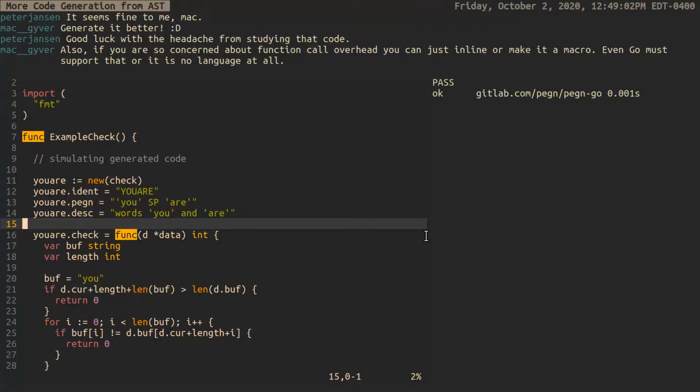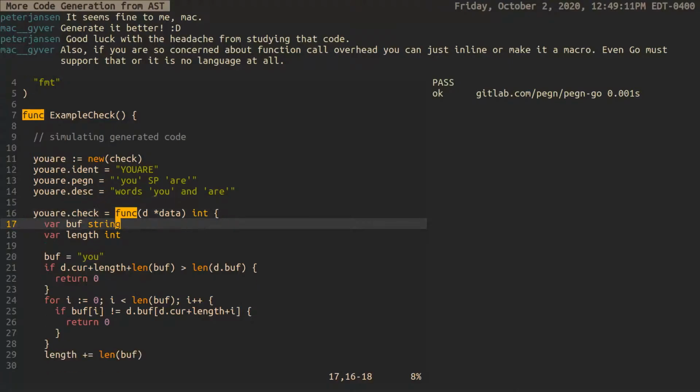I can just inline or make it a macro. Even Go must support that, or it's no language at all. There's no macros in Go. There's generators, and that's what we have here. It would be nice if I could do a macro, and then it would be 0. This is one thing about Rust. Can I just say, you guys know I slam and bust Rust's chops all the time, but